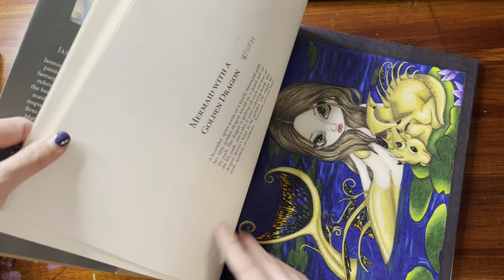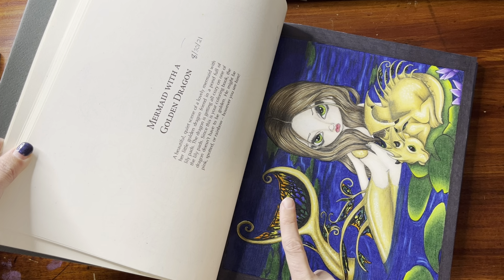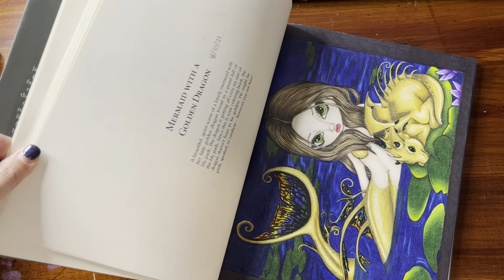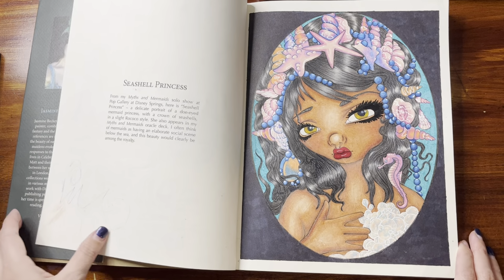Prismacolor Premier Color pencils I used for all of it. Other than this, I used regular Crayola marker for this and for the little colored accents on the fins. So there's that. And then this one I think was entirely